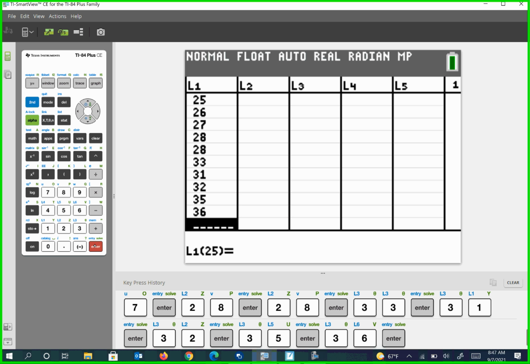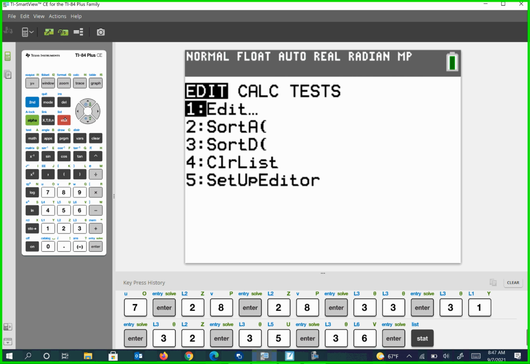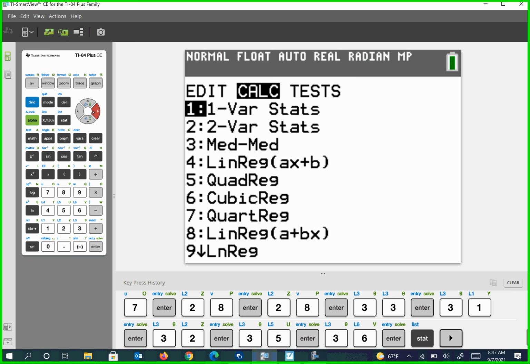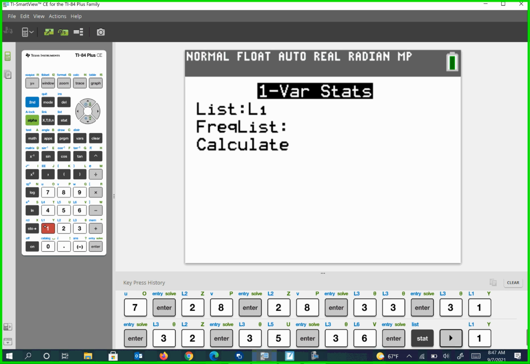So with this information, I don't need to make a box plot or a histogram or anything like that. All I want to do is go into stat, go to calculate, and I want the one variable statistics. The difference between the one variable statistics and the two variable statistics would be, let's say I'm comparing ACT scores in list 1, SAT scores in list 2. The two variable statistics would find each of the individual